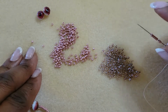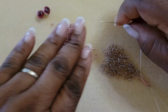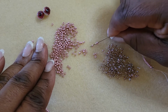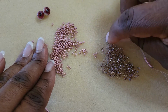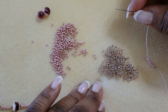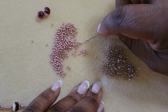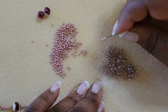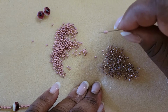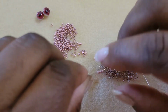7, an 8/0, 4, 7, and 7 of my 11/0s. And I'm going to do that until I have 8 more of my 8/0 seed beads on the one side. And then I'm going to take my needle off and put it on the other side, take off my stop bead, put the needle on, and do the same thing until I have 8 more of my 8/0 seed beads